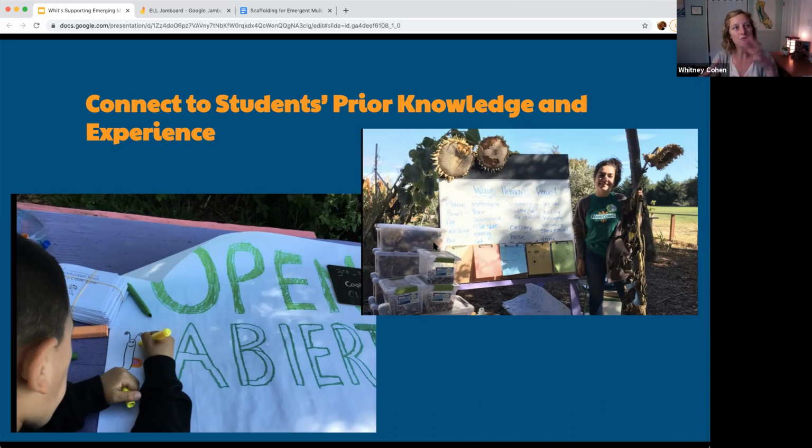And so what I've learned over time is to, rather than say like, what do you already know about the phases of the moon, instead think of a question where everyone will have an experience with it, and then we can relate it to our topic. So when we're talking about how seeds travel, now our opening question is, let's talk about travel. What are all the ways that humans can travel? And they do a little pair share, and together kids are coming up with all sorts of funny things, like hoverboards and skateboards and rollerblades and parachutes. They're just thinking of all the ways that people get from point A to point B. And then we go,